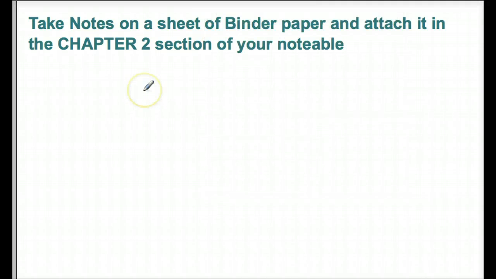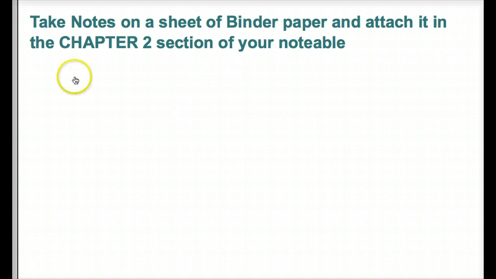Okay, so today we're going to do something a little bit different. We're basically done with chapter 2. So what I'm going to ask you to do is to take notes on a sheet of binder paper and attach it in the chapter 2 section of your notebook. Now, what are we going to be taking notes on? We are going to be taking notes on integers and how we apply them